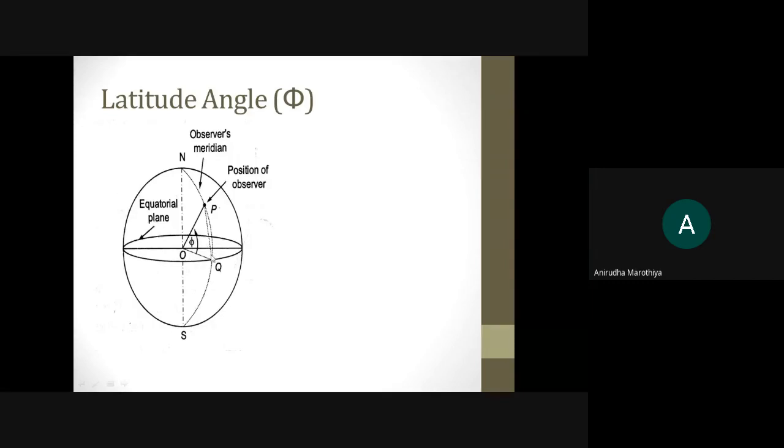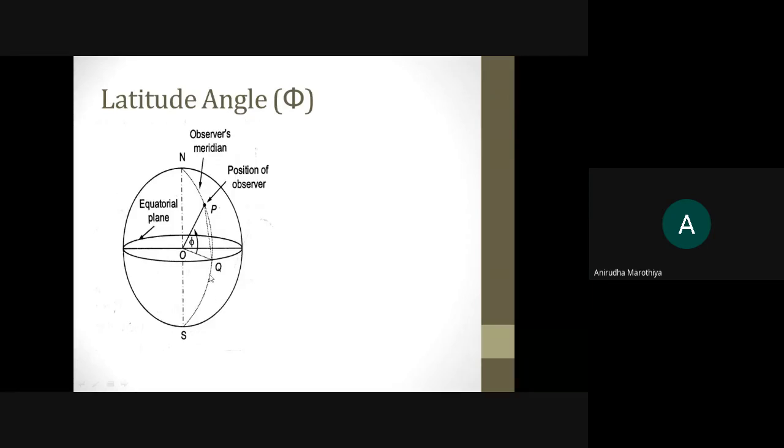Now what is the significance of this arrow? As I told you, if you cut this figure into two sections, this indicates the uppermost and this indicates the lowermost. So the uppermost section is called the northern hemisphere and this indicates the southern hemisphere. Here we need to apply the sign convention because the position of the observer on the earth's surface might change. Right now you see that your observer is in the northern hemisphere, but it is possible that I may redraw this diagram by indicating the position of the observer in the southern hemisphere.